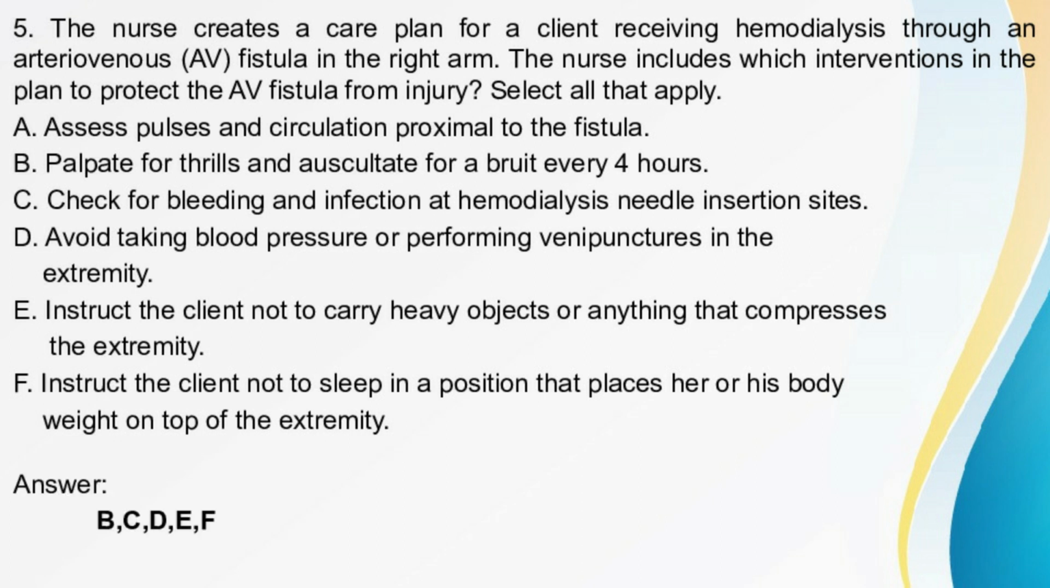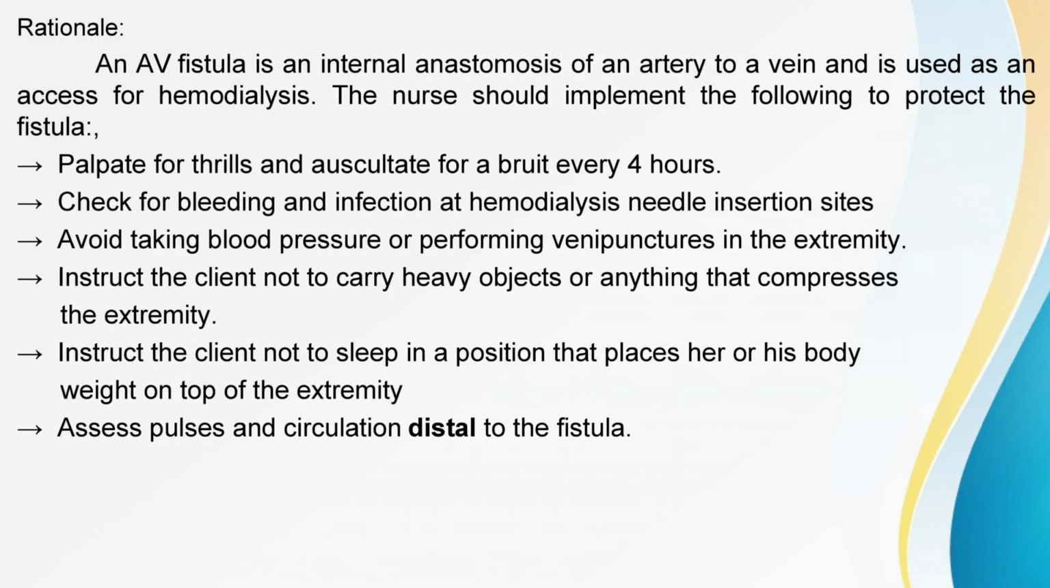Answer: letter B, C, D, E, F. An AV fistula is an internal anastomosis of an artery to a vein and is used as an access for hemodialysis. The nurse should implement the following to protect the fistula: palpate for thrills and auscultate for a bruit every 4 hours, check for bleeding and infection at hemodialysis needle insertion sites, avoid taking blood pressure or performing venipunctures in the extremity,